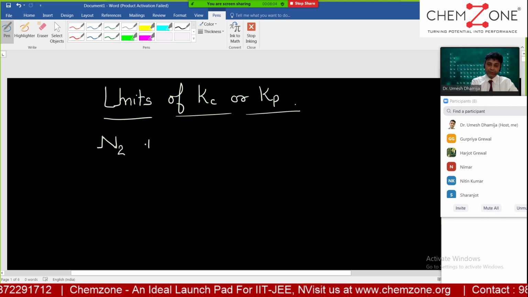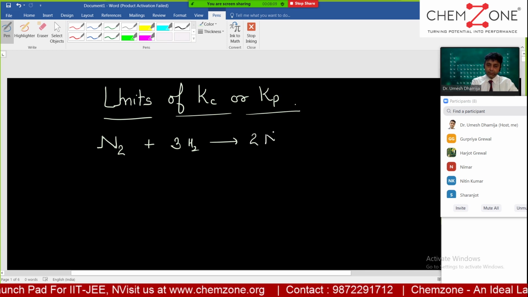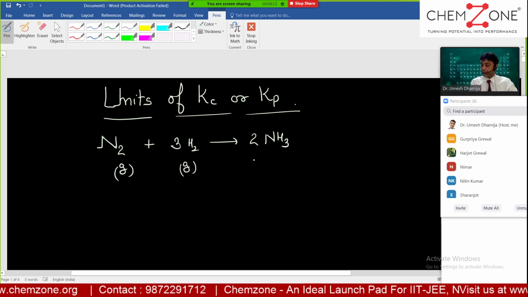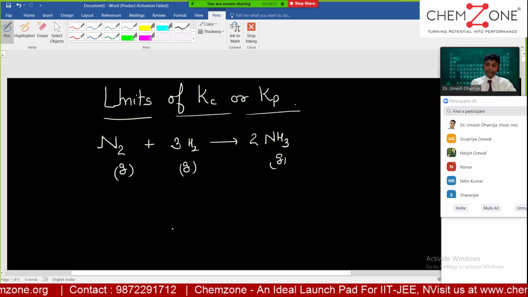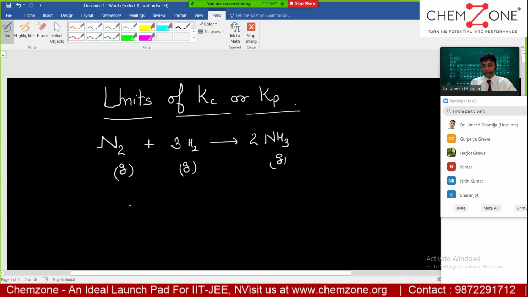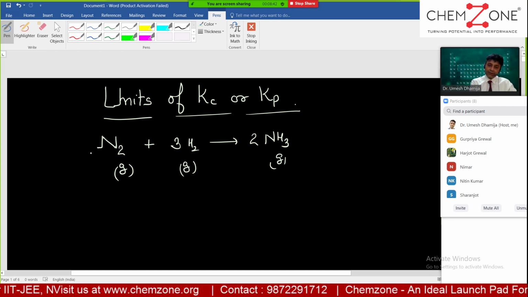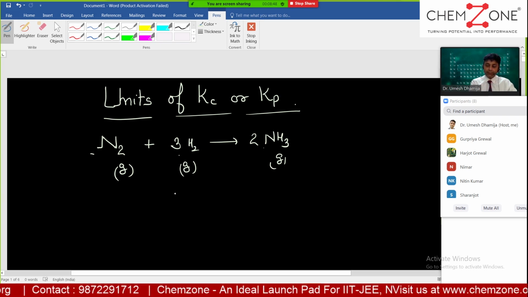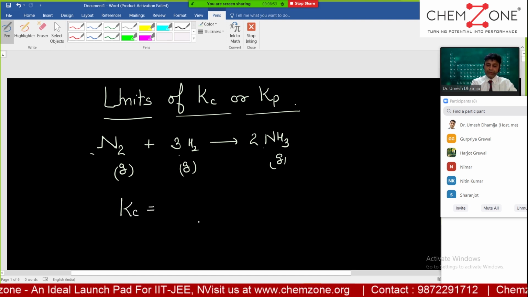It depends upon the expression and the coefficient of the reaction. Expression means whether I am expressing this in terms of Kp or Kc. Another point is the coefficient; here you can say 1, 3, 2. This all depends upon the expression. So first I express my equilibrium constant in terms of Kc.